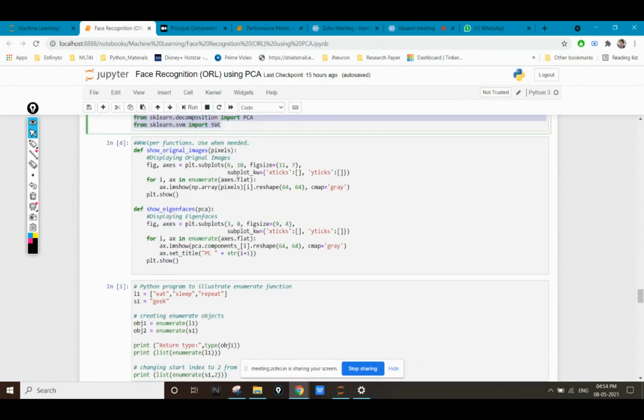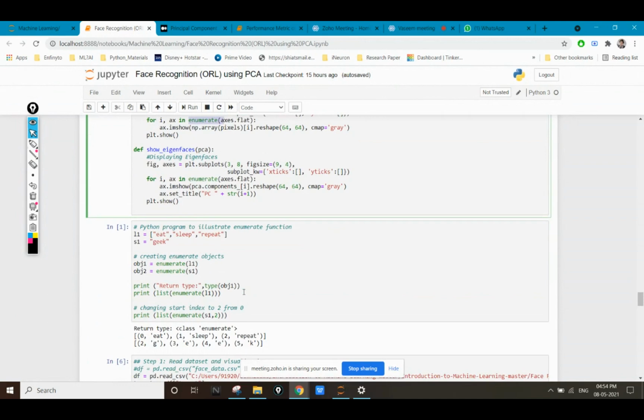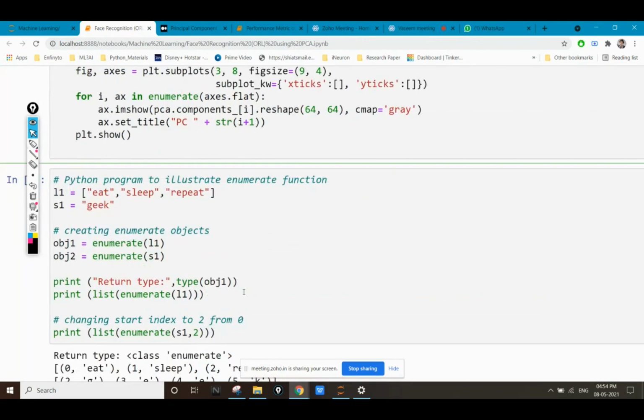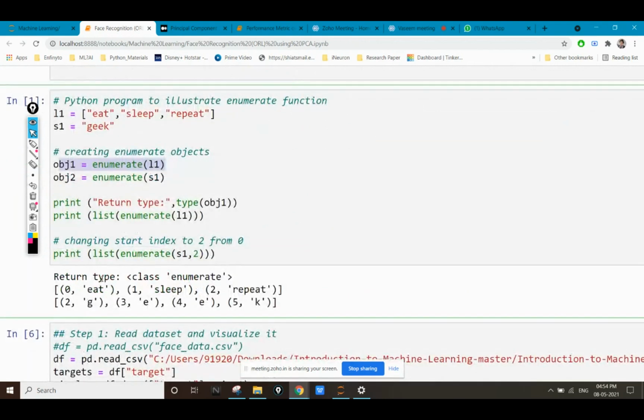In this you can see one function known as enumerate. Enumerate basically gives me the index numbers of the values I'm going to use in a for loop. Here I have taken each, sleep and repeat, and if I create an enumerate object of it and print it, it will give me value 0 for each, 1 for sleep, and 2 for repeat.